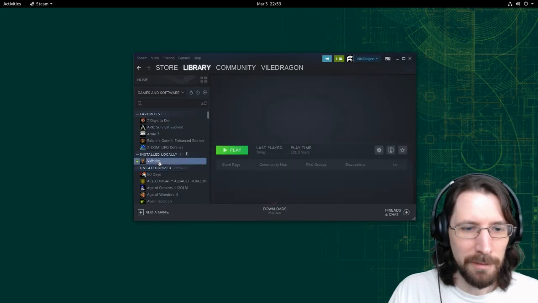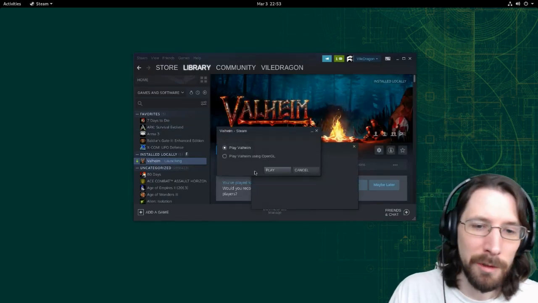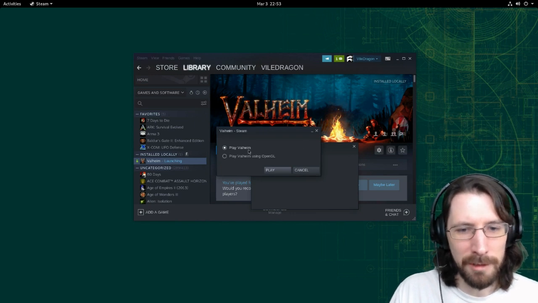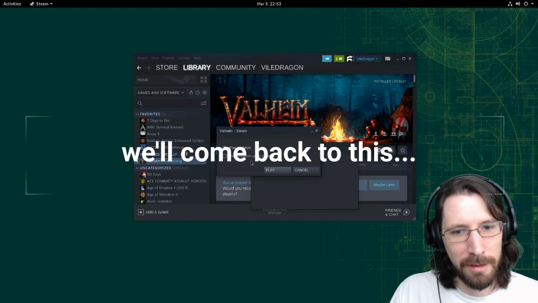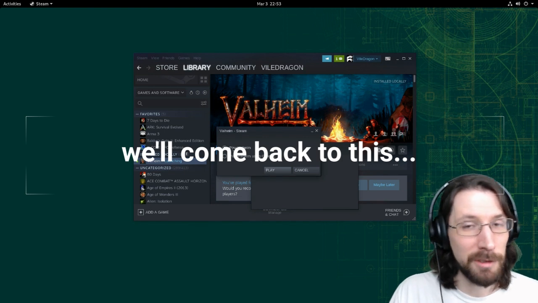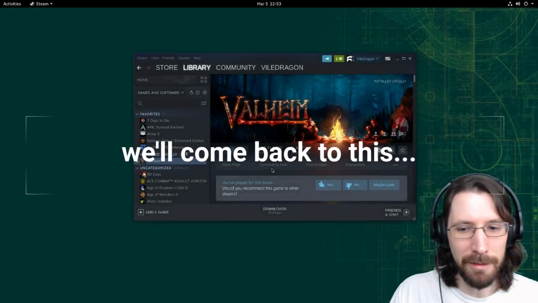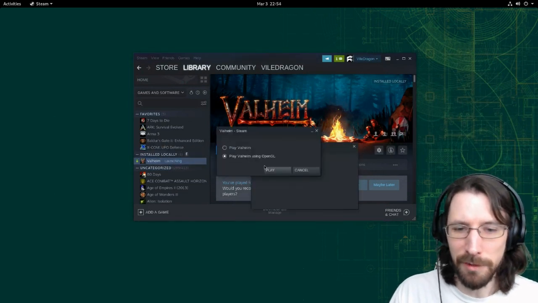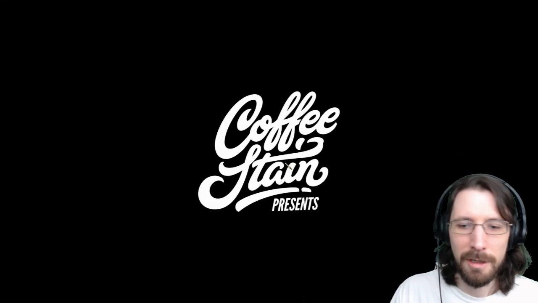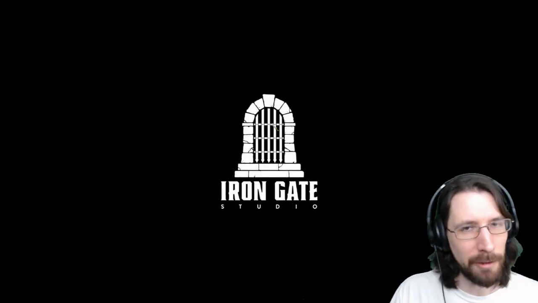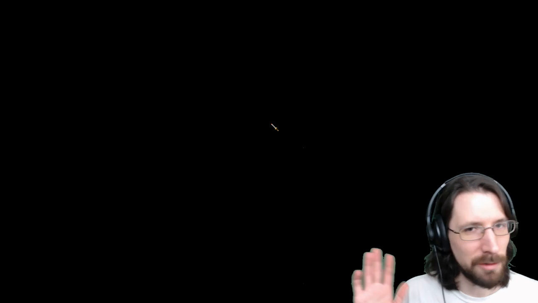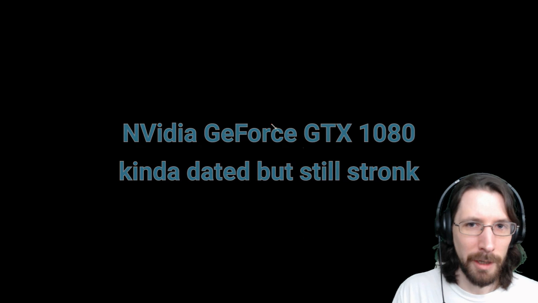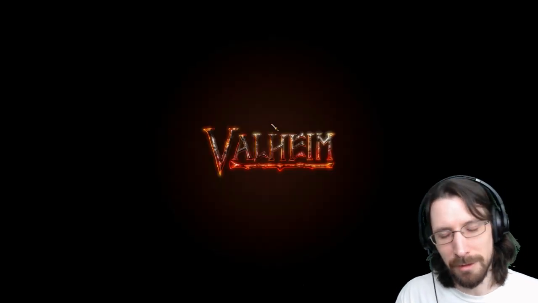I was like, okay, let's just see if Valheim's supposed to work properly on Linux. But here's what happens. It just says play Valheim or play using OpenGL. I don't know what this first option means, but if you hit it, it just crashes instantly. So, okay, default option fails. If you hit OpenGL, it does launch, and I configured it a little bit. I turned down all the settings, which, you know, I have a beast of a graphics card in this computer. On Windows, I can crank the settings on this game and still get decent frame rates. But on Linux,